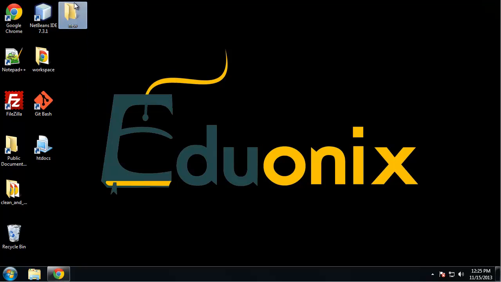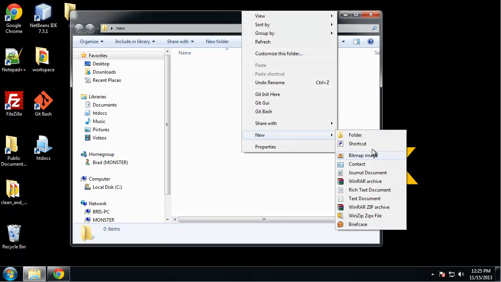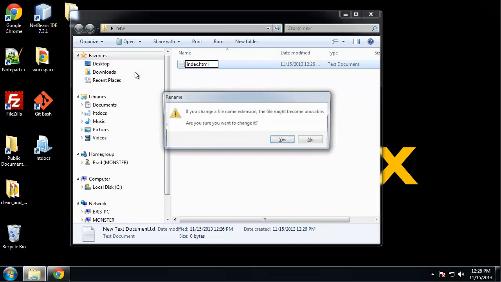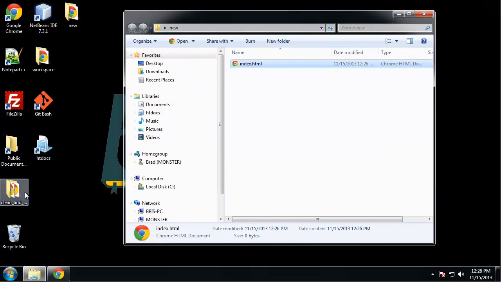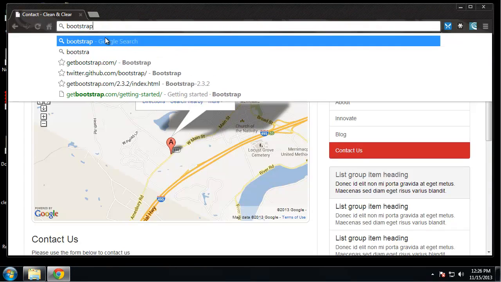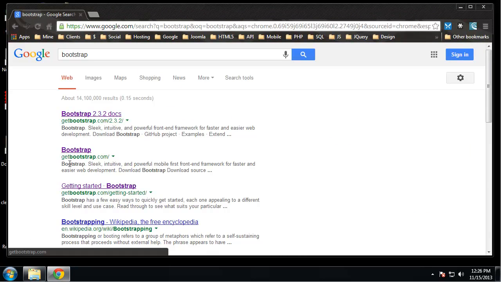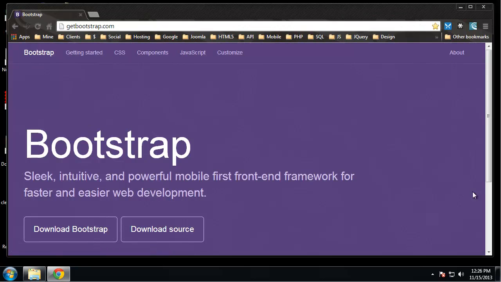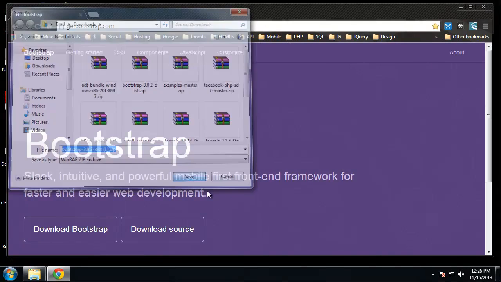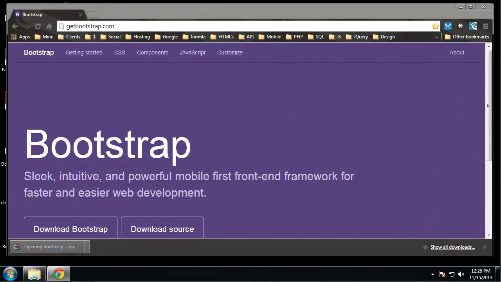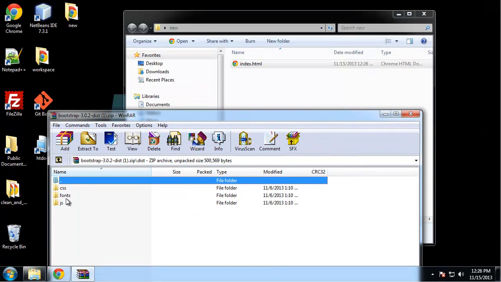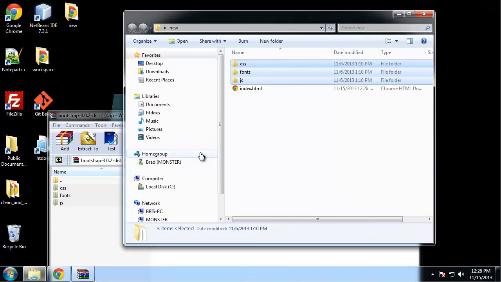So in here is where we want to create our index file. And I want to go over to Bootstrap and get the framework. Remember, we want version 3. So the site should look like this. Alright, so let's download Bootstrap. Download the zip and then open it up, and we should have 3 folders: CSS, fonts, and JS. I'm going to bring them right over,